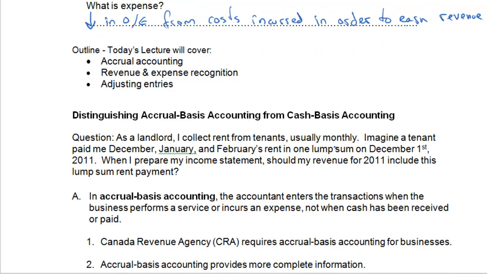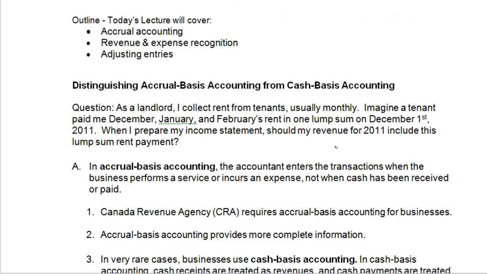So, what is accrual accounting? Well, it's best illustrated with some examples. So, I am a landlord, and as a landlord, I collect rent from tenants, typically on a monthly basis. However, imagine that a tenant pays me for the December, January, and February rent all in one lump sum on the 1st of December, okay, in 2011. So when I make up my income statement, which reports all my revenue and all my expenses for a certain time period, so when I prepare my income statement for 2011, for the year ended December 31st, 2011,